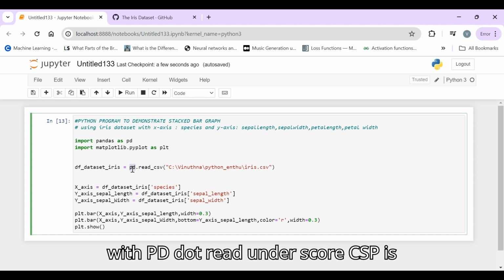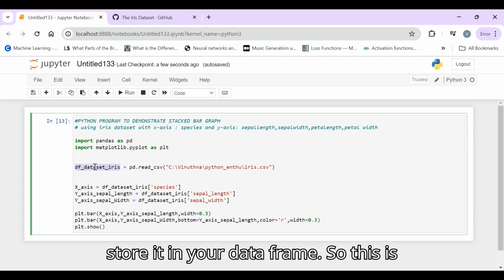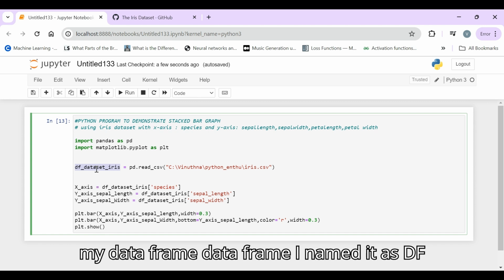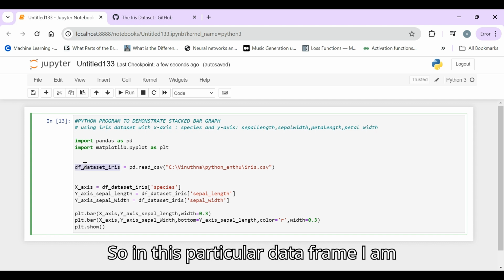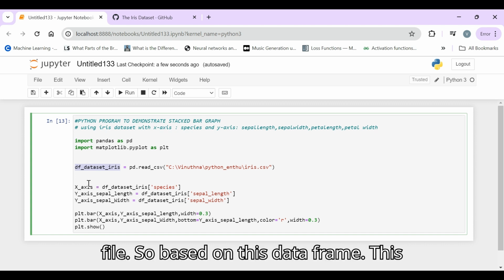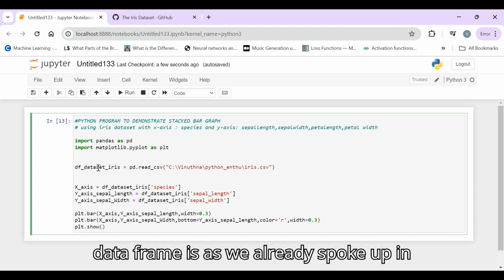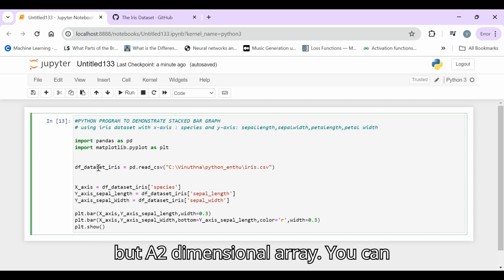So pd.read_csv is going to retrieve your CSV file and store it in your data frame. I named this data frame df_dataset_iris, and in this particular data frame I am going to store my CSV file. As we already spoke of in our earlier videos, a data frame is nothing but a two-dimensional array.